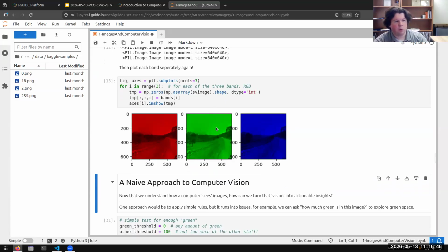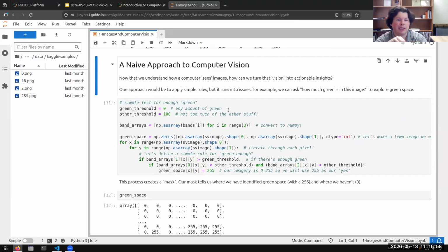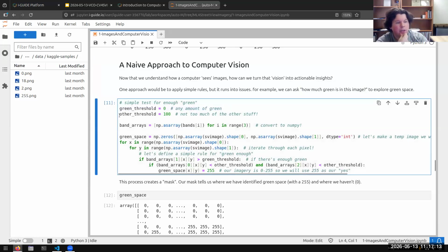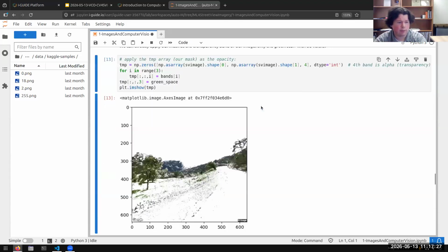So now that we understand what an image looks like to a computer, how do we actually analyze the imagery? Because just having the red, green, and blue is very helpful. One really naive approach would be to look at each pixel individually, so each grid in that cell. Let's say we want to understand how much green is in this image. Maybe we're looking for green space. We could set up a really simple process where we say, okay, if there's any green and there's not too much of the other stuff, we're going to say that cell is green. And then we can just go through every single cell in our grid, every single pixel in our image to decide what's green or not. And if we run our image through that,